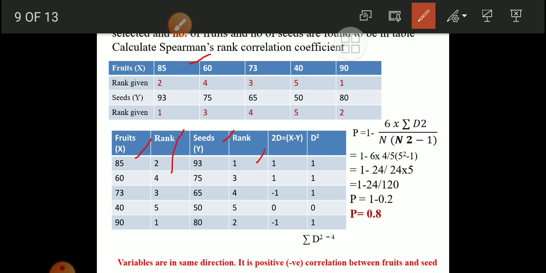Again, variables are in the same direction, that's why there is a positive correlation between the fruits and seeds. So here we have tried positive like this, not this, this is wrong. Okay, so like that one you'll have to solve the problem. So you'll come to know how biostatistics or correlation is going to help to find out the correlation